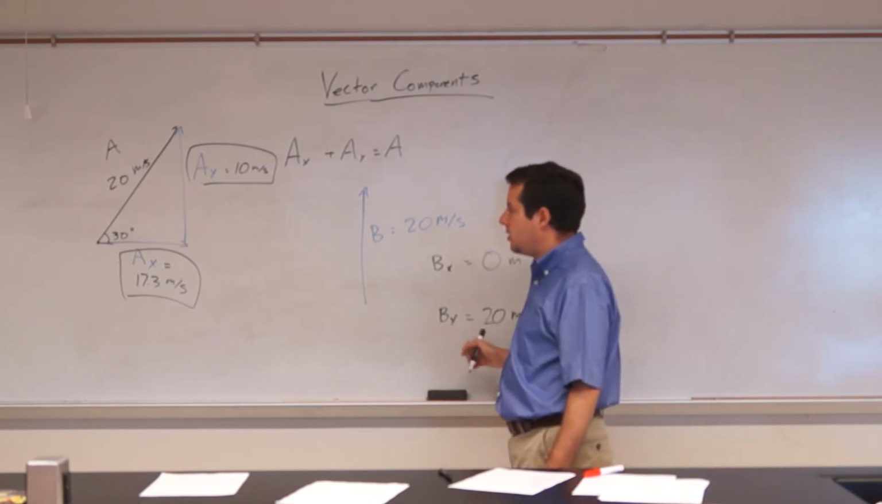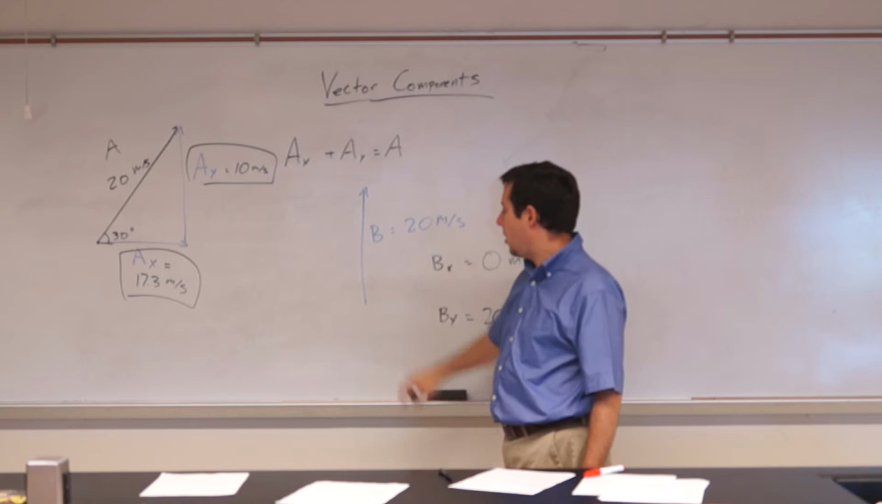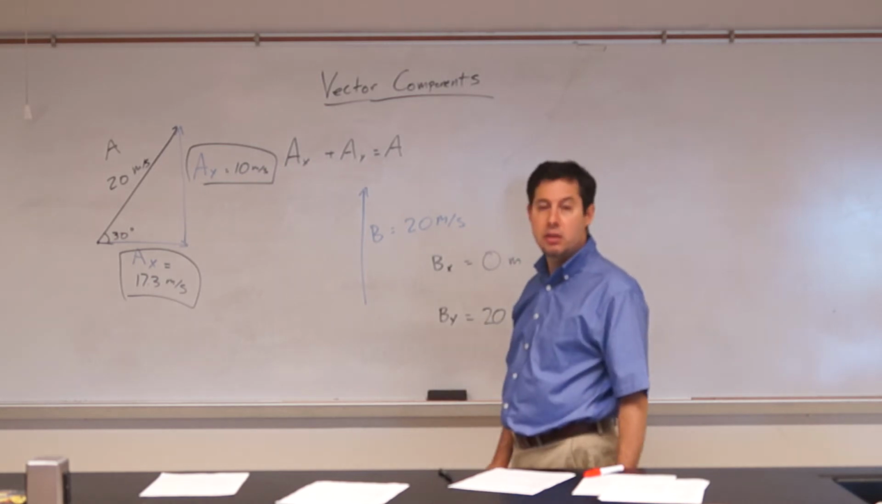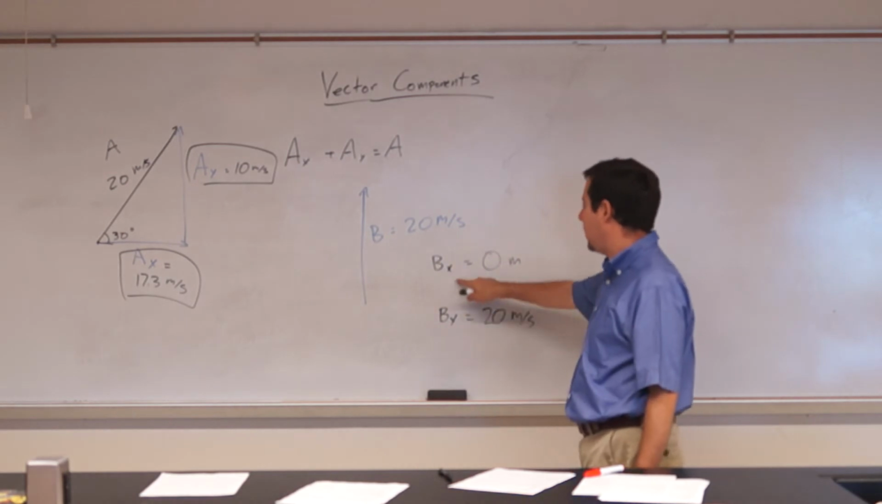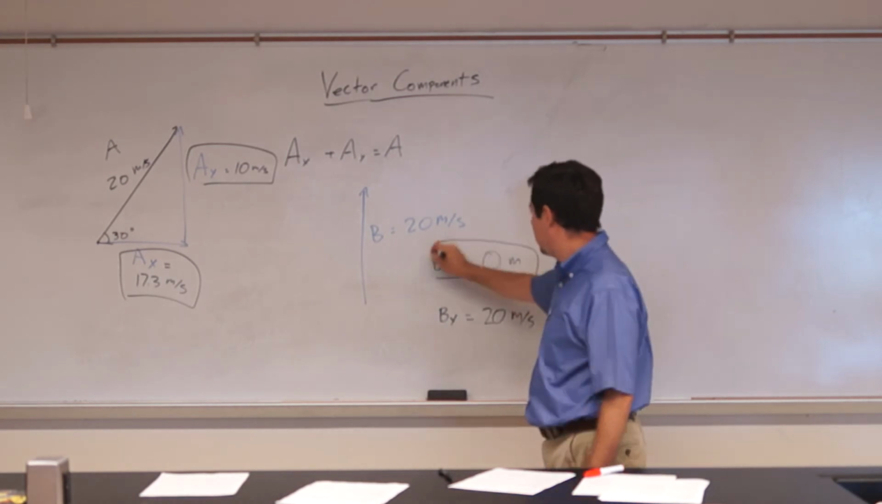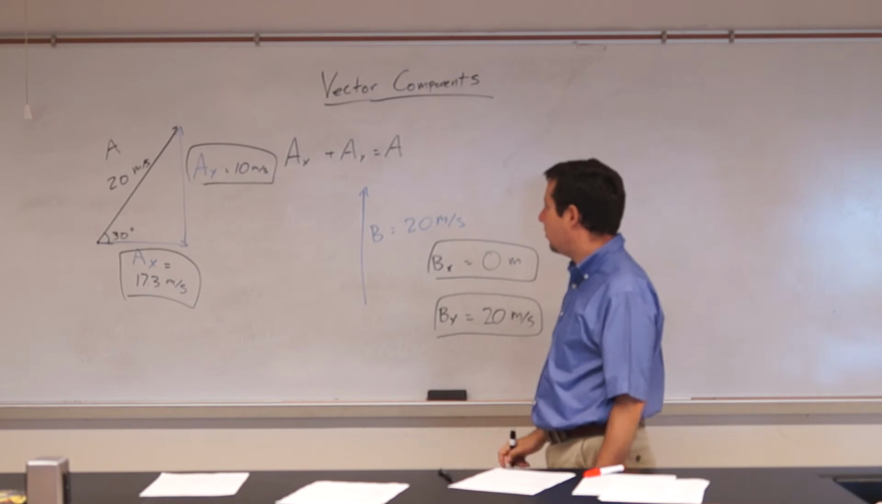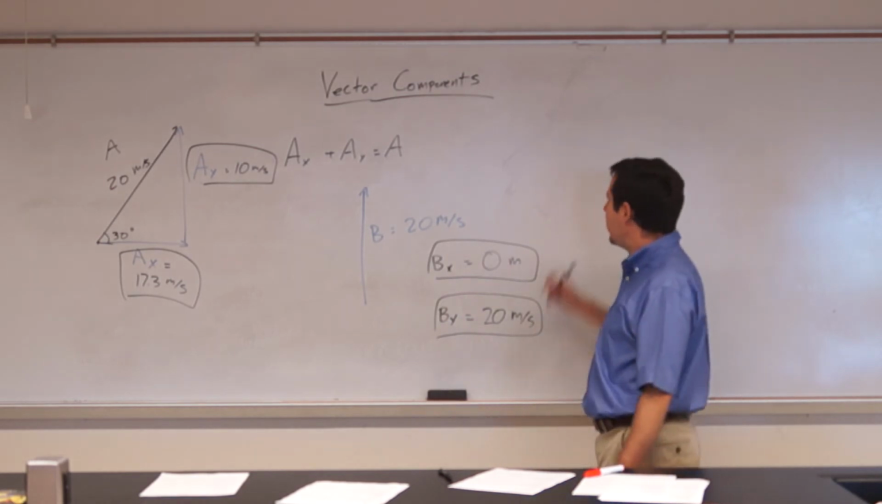You could recreate this using this angle of 90 degrees here if you want to, just like we did the last one, and you'll get the same results. But I'm going to simplify it and say B sub x is 0, and B sub y is 20. So now let's add together